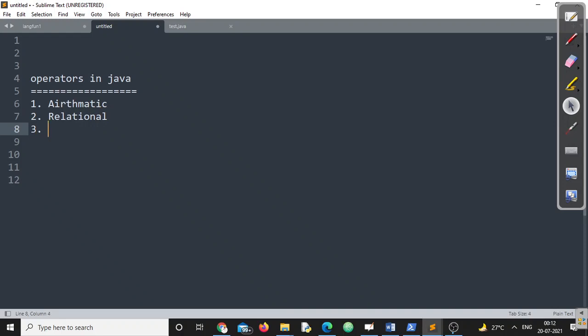Then after that we discussed the equality operator. In between we also discussed the concatenation operator, and clearly we discussed the equality operator. In the equality operator we also differentiated between the comparison or equality operator and the equals method. Make sure you know all these concepts, otherwise the next topic will not be that interesting, right?